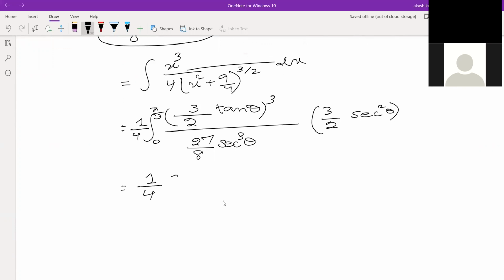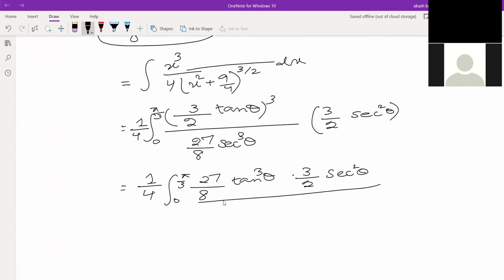So 1 over 4, 0 to pi by 3. 3 to the power 3 will be 27 over 8 tan 3 theta multiplied with 3 over 2 sec square theta divided by 27 over 8 sec 3 theta. This 27 over 8 and this 27 over 8 cancel out, and taking 3 over 2 outside, it becomes 3 over 8, 0 to pi by 3. This sec square theta is cancelled out with sec cube theta, so it is left with tan cube theta